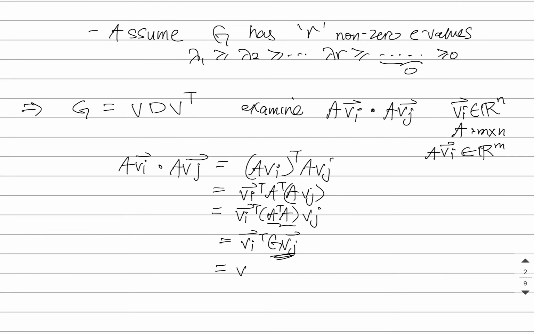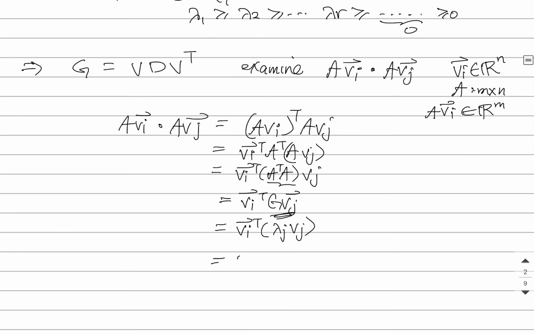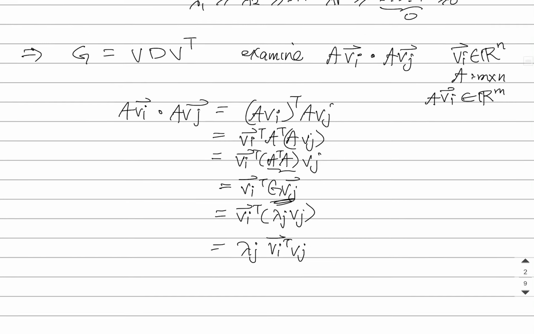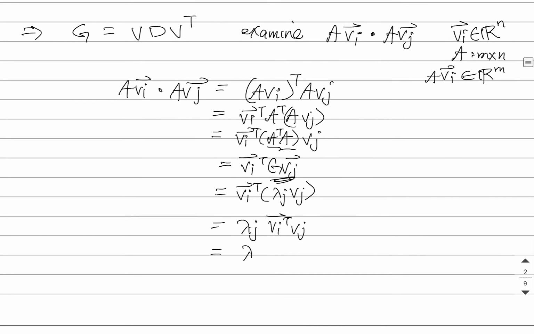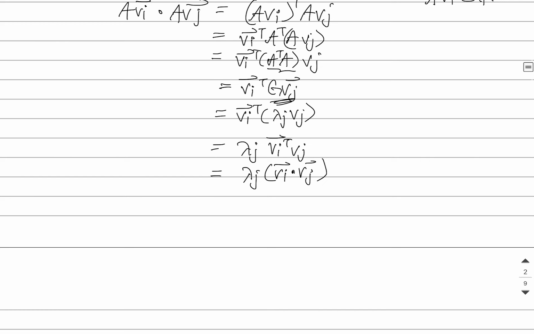And when G is applied to one of those eigenvectors, this produces the eigenvalue times the vector, which we could pull out, and write this product as such. And so what this is going to tell me is I'll have lambda j, vi dot vj. And essentially that's how this game is going to work. What am I going to do with this? Well, there are 3 really useful things that I can pull out of this. So number 1,